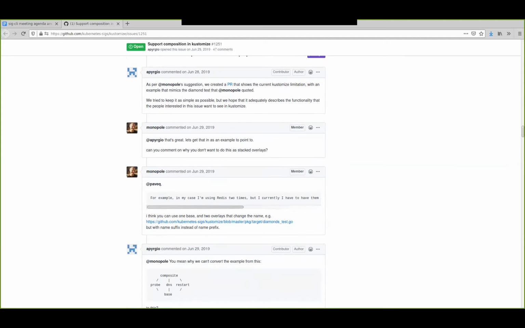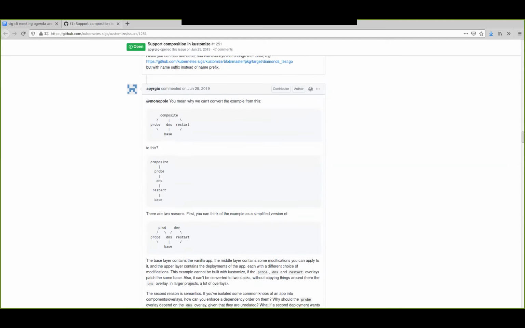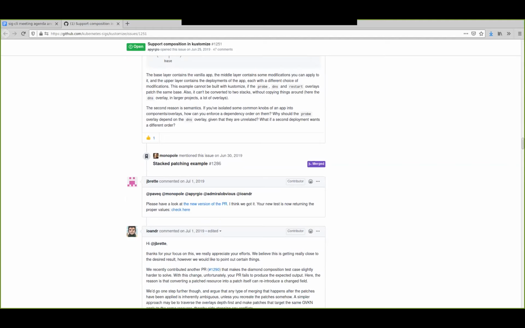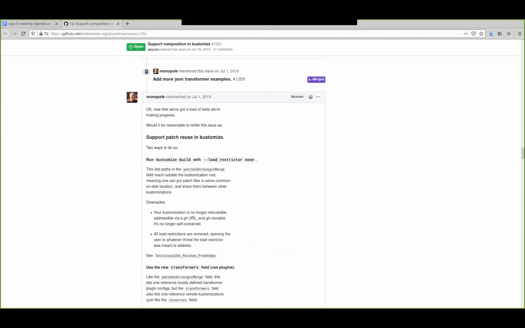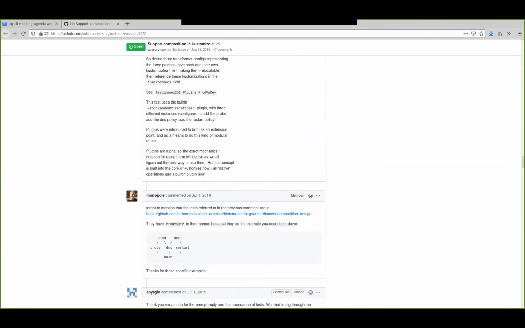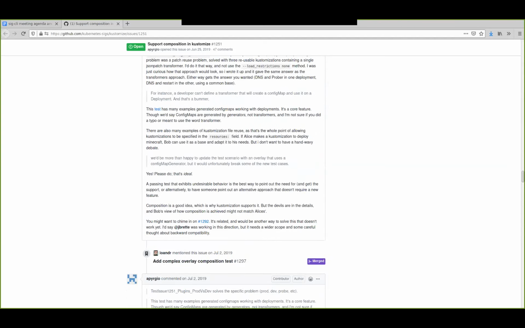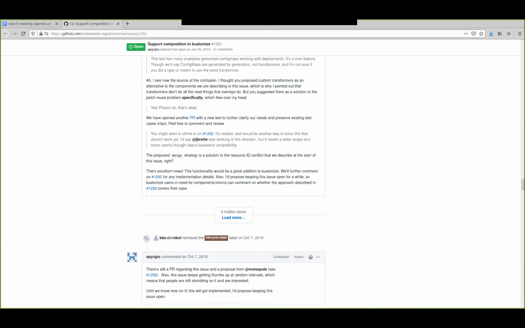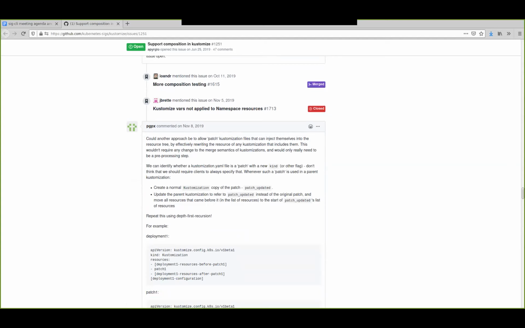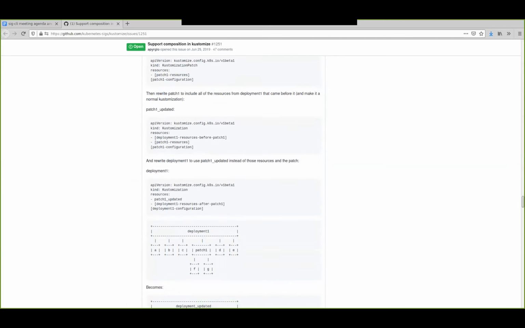And now you can stamp out like 5 different backend services, each consuming from the same base, and that's kind of a composition. You have a composite customize referring to each one of those bases and needing to patch the same base differently multiple times or apply different images to it or that sort of thing.